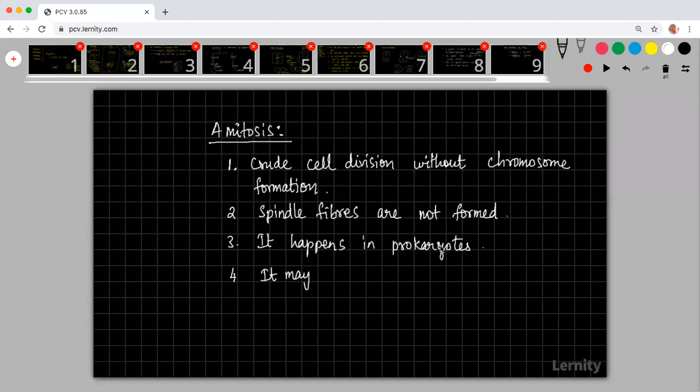It happens in prokaryotes. Okay. It may lead to variation at times. Okay. It's a simple mitosis. The distribution is